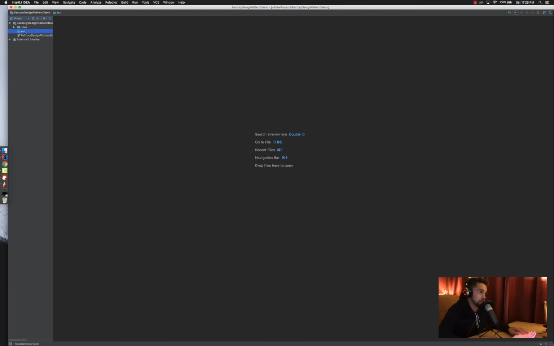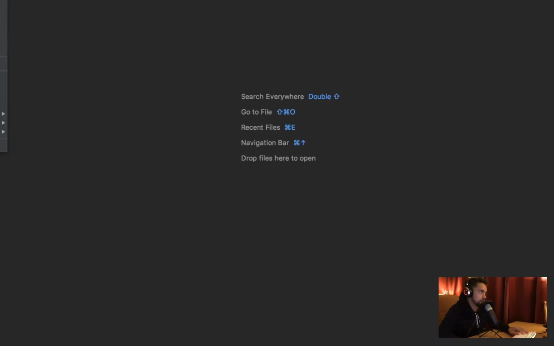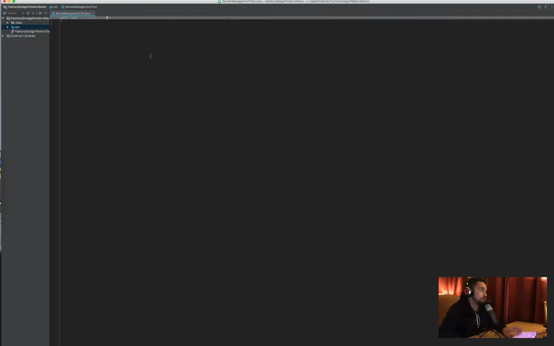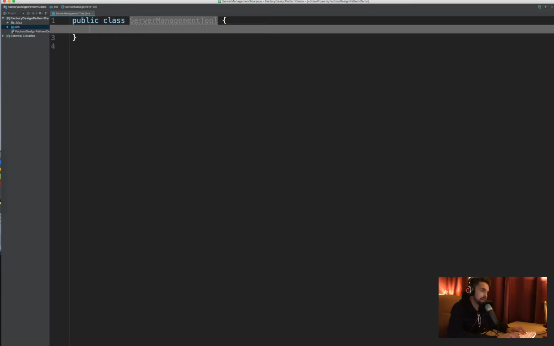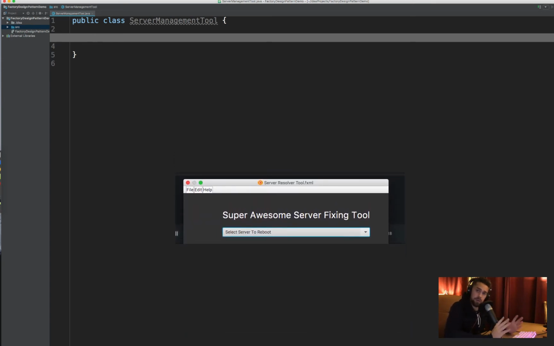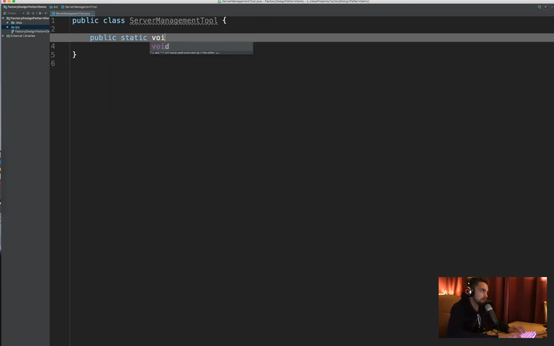So using IntelliJ here, we're going to create a new class, and we will just call this the server management tool. Now, the main purpose of this class, like I said, is somebody opens up maybe a GUI and they select which server they want to resolve because the site reliability engineer has realized that a server has gone down. So they want to be able to resolve that specific server. So we'll go in here, we'll say public static void main, string args,